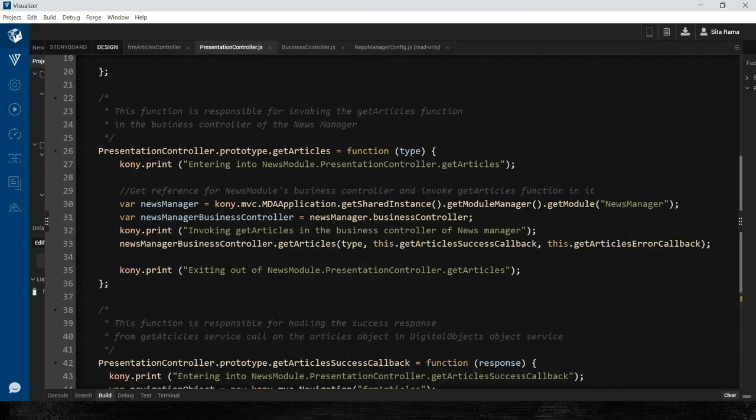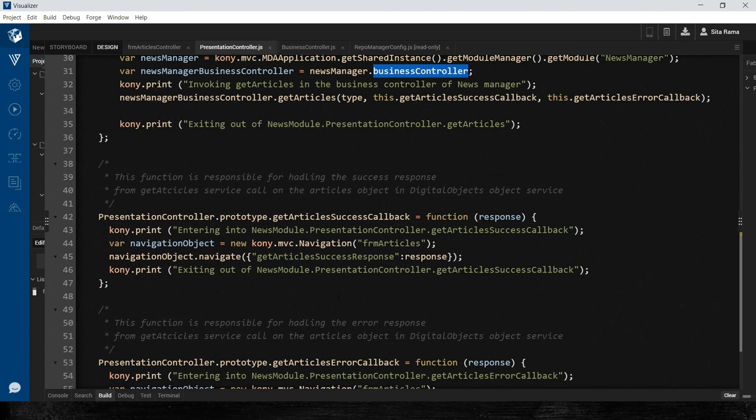And in the presentation controller, we are performing the logic of using the business controller and making the service call from the business controller to the fabric layer, and once the response is received back, processing that response and giving it back to the form.